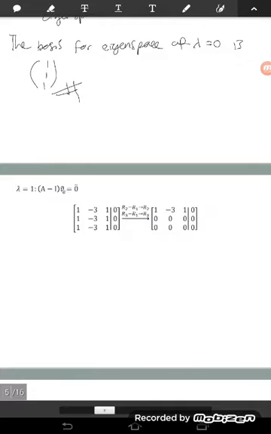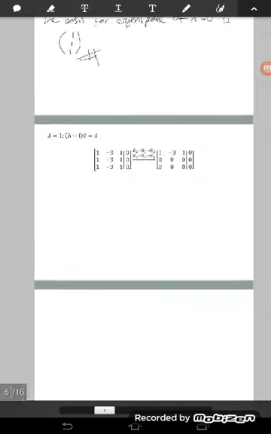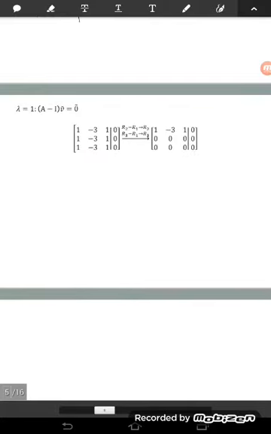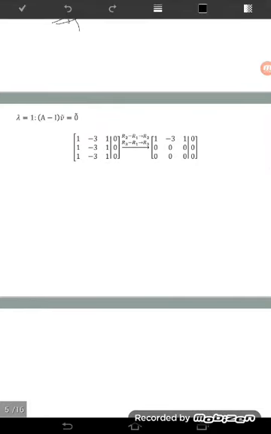Okay, so in order to find the vector v, eigenvector v. Okay, so here already have the leading one, so make it this one become 0, and here also become 0, and have this form. Okay, so kita dapat bentuk ni. Okay, so do back substitution. Okay, so first column for V1, second column for V2, and third column for V3. Okay, so you can see here the leading one is only for the V1. So therefore V2 and V3 is free variable.